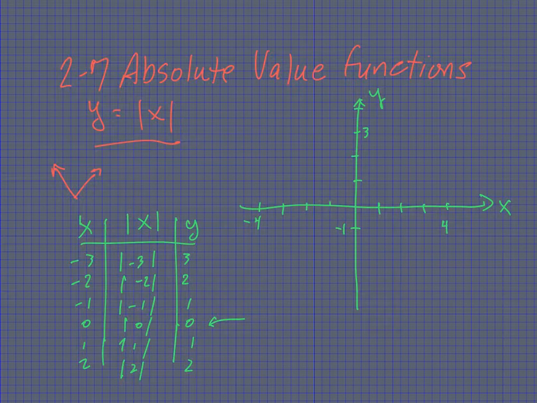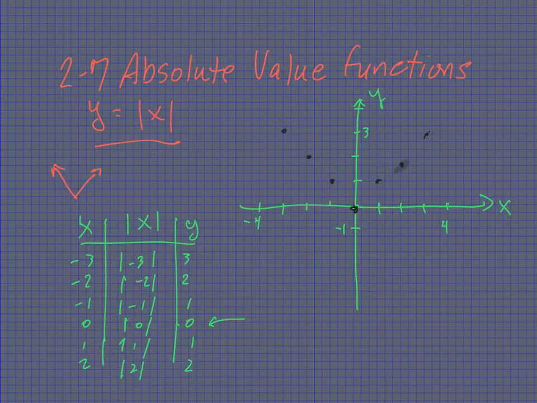So as I plot my ordered pairs, I have xy values, and of course, I have 0, 0. I have -1, 1, -2, 2, -3, 3, and so forth here. And this is all I have, but I do know that